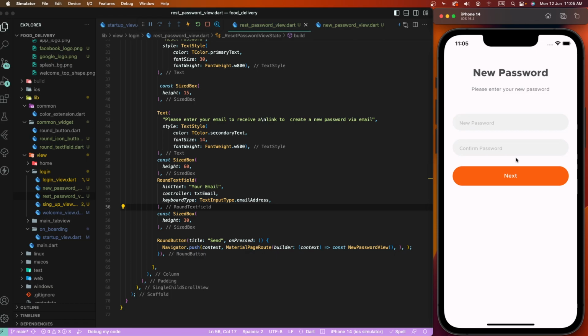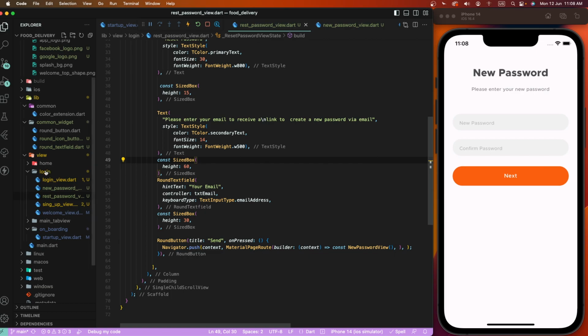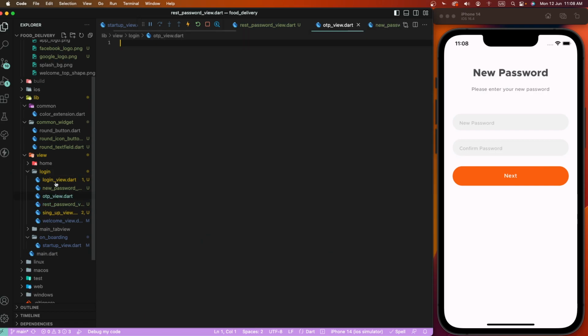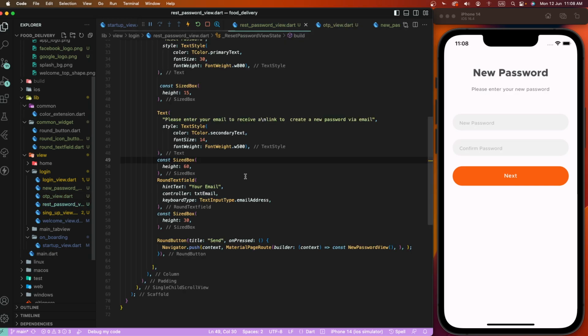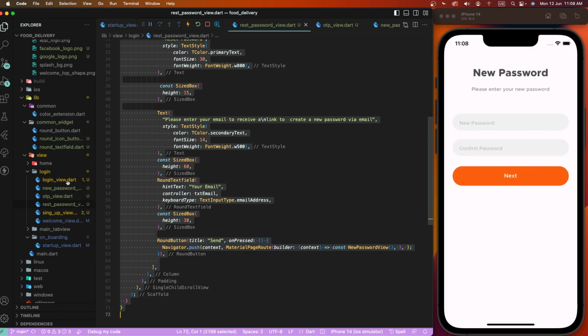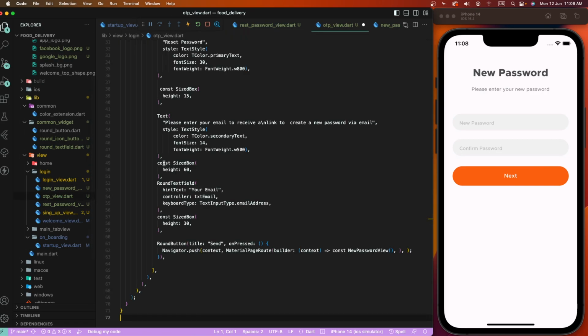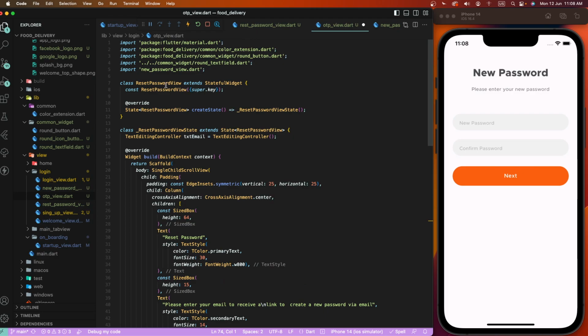Now set here done. All screens are developed here. Now we need to create the OTP screen. First of all, write down here, and we need to copy this reset password screen and we need to change this name first of all